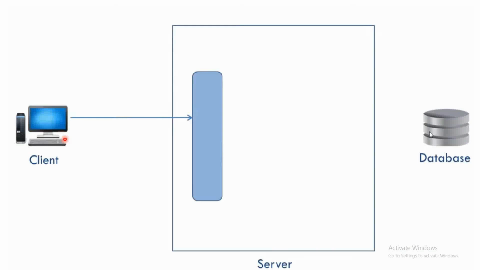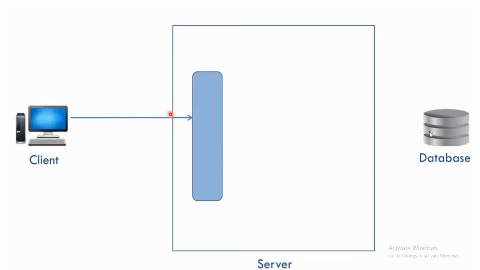Now let us assume that there are multiple people working inside the server, and each of them has some specific task. When the request comes to the server, there is a guy over here, and I'll give him the nickname blue because he is blue in color. Blue will take the request from the client, and now blue will have to go to the database, get the list of all products and then send that list back to the client.